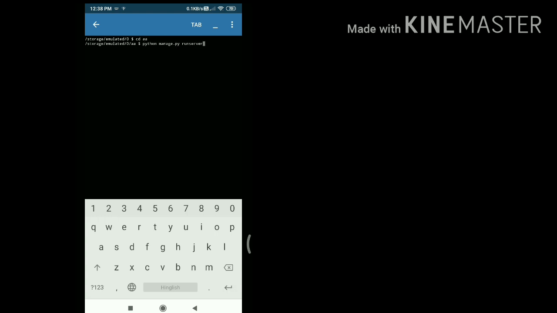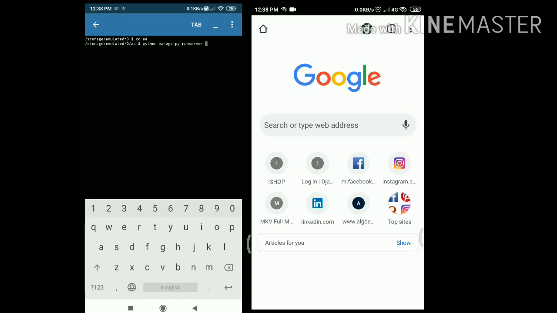So let's say python manage.py runserver, and here we have to specify in which IP address we want to run the server. So 192.168.43.8 and